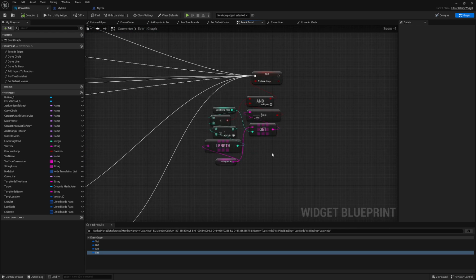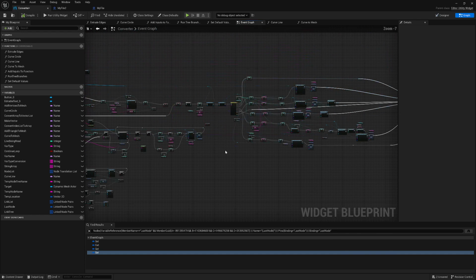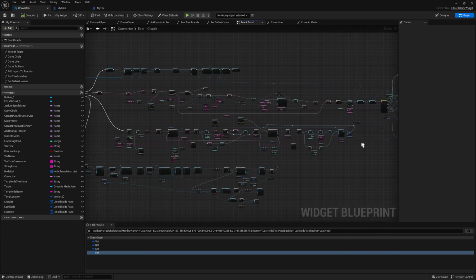And this checks to see if it's links, which means it's no longer reading in nodes. If that happens, it sets the continue loop to false and exits out of that loop. Or this is a sanity check, which it should never reach before it hits links. It should always hit links. But this is, hey, you're trying to read from the file and you're already at the end. So that's a sanity check built in there. Once it gets done with that hot mess, it